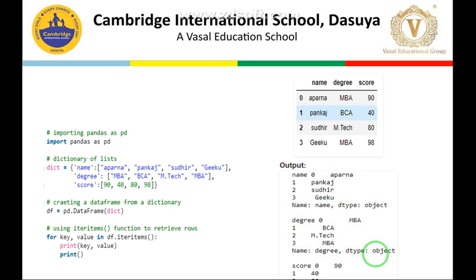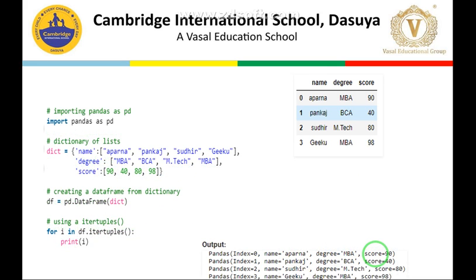And then finally we have a third function, itertuples. So you see students, what is itertuples? This also gives the information in the form of rows itself. Clear? For i in data frame, using the function itertuples, you see the information here is row wise.